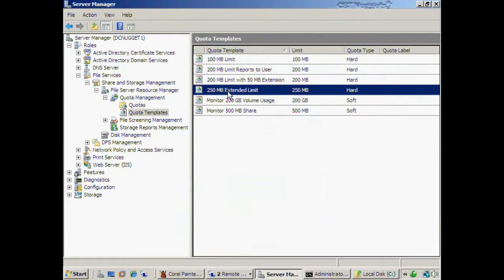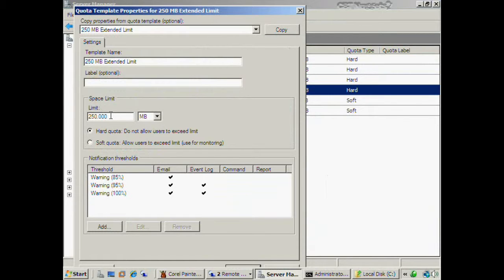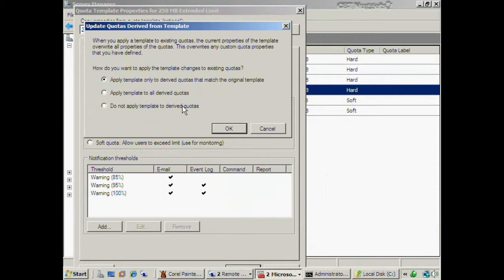Now I go to my quota templates, and look, if I double click to edit this thing and make it 500 megabytes, and then click OK, then it tells me, apply template only to derived quotas that match the original template. You see, what this relates to is, even though I've created a quota based on a template, I could go back in at a later point in time and modify those settings so that it goes outside of what the